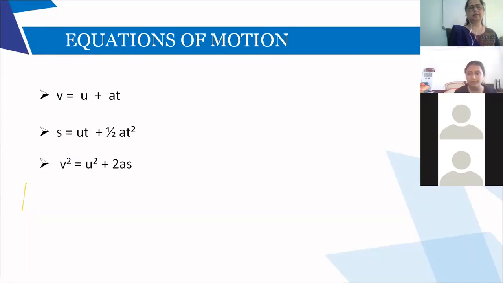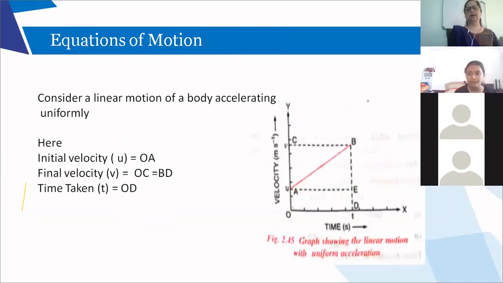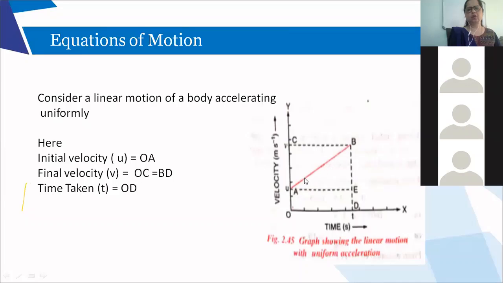Now, first, let's understand what the graph says. Now you can see a graph on the right hand side. It's a velocity time graph. Look at the velocity time graph. Now here you can see that the graph is starting from here. The velocity graph is starting from here. Now let me tell you what this means. Nobody will interrupt. Just let me explain, then you ask me.